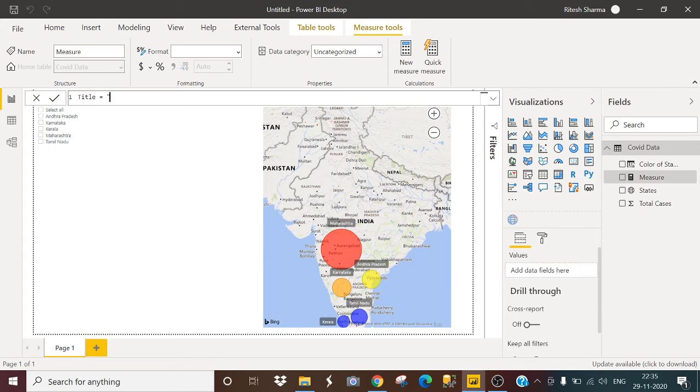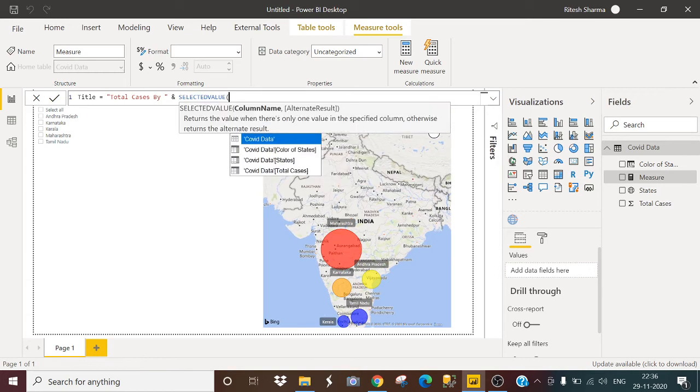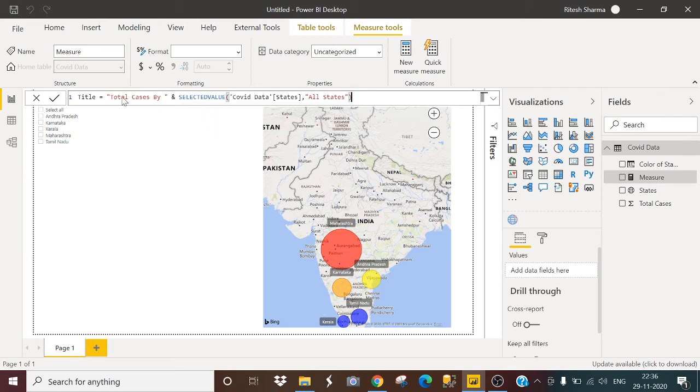In double quotes I will write Total cases by, and I will use the SELECTEDVALUE function here. Column name will be States, and the alternate result will be All States. Just close this and hit enter.